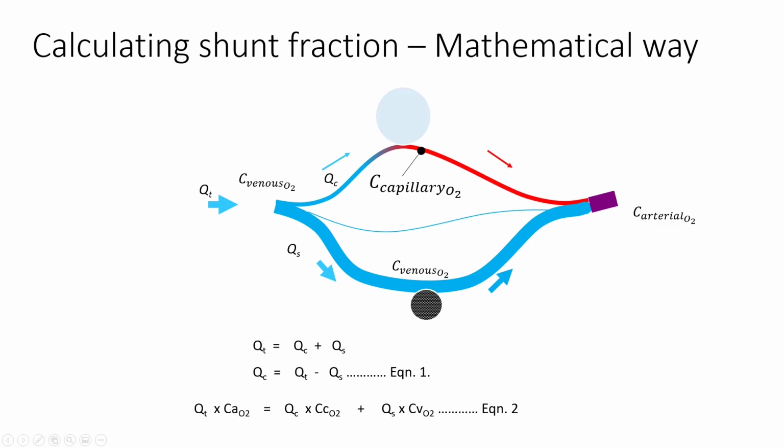The total content of oxygen on the arterial side will be equal to total blood flow times CaO2, and this will be equal to the total content of oxygen coming from the capillaries, that is QC times CcO2, plus the total amount of oxygen content coming from the shunt, that is QS times CvO2. If you replace the QC in equation 2 from equation 1, you should be able to get the ratio